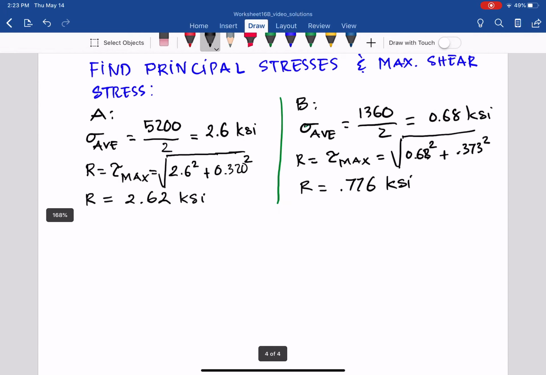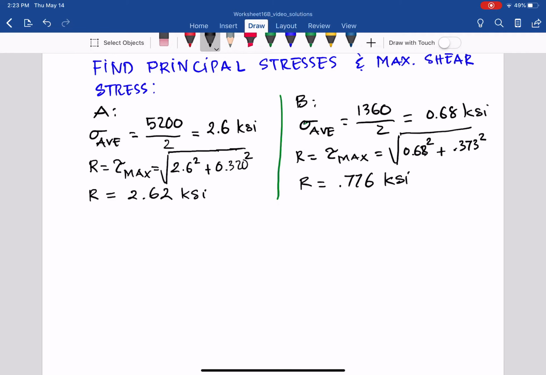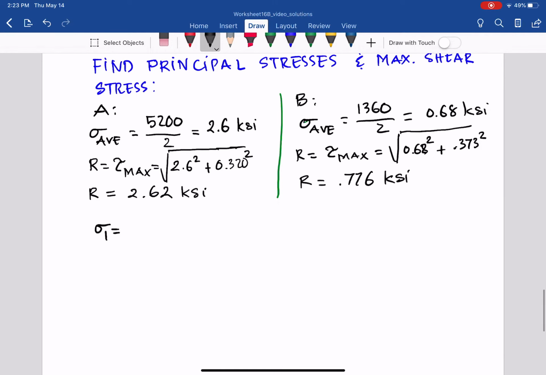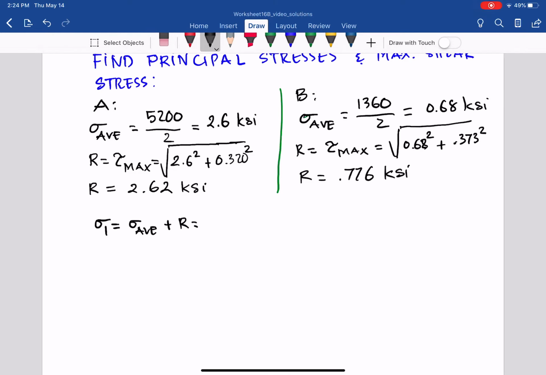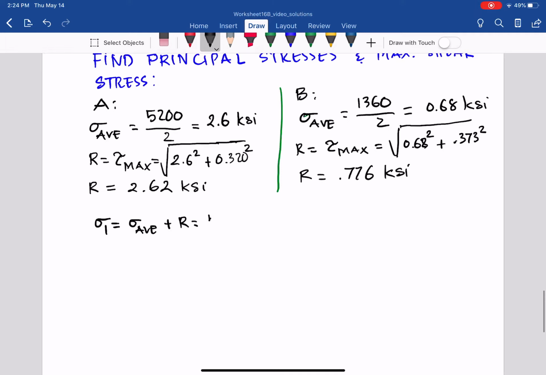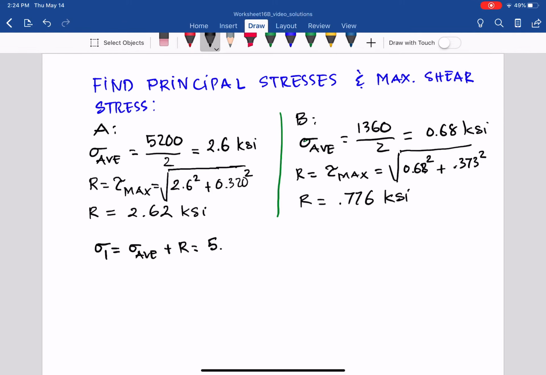So we can find sigma 1 and sigma 2 with the equation. As you can see, sigma 1 equals sigma average plus radius, or tau max. Plugging in, we have 2.6 plus 2.62, so it will be 5.22